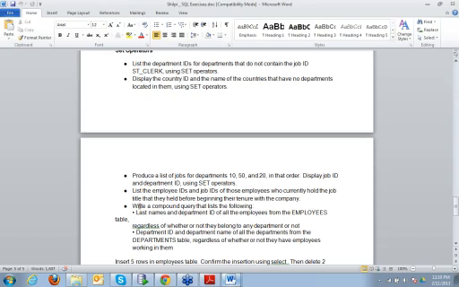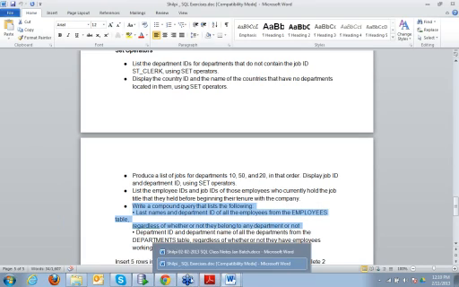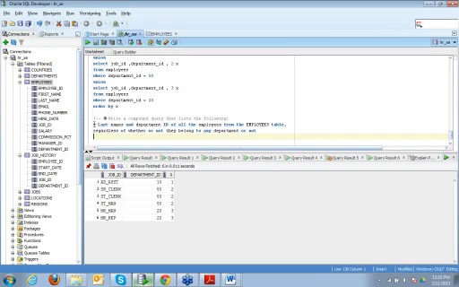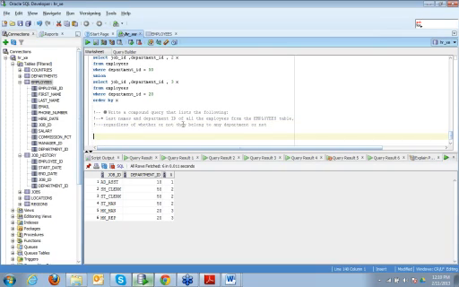Okay, write a compound query that lists the following: last names and department ID for all employees from the employees table, regardless of whether or not they belong to any department or not.